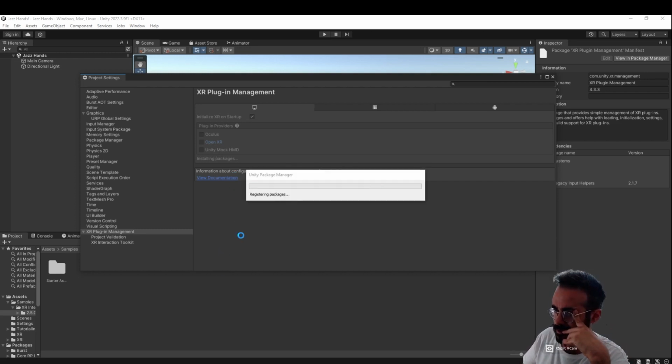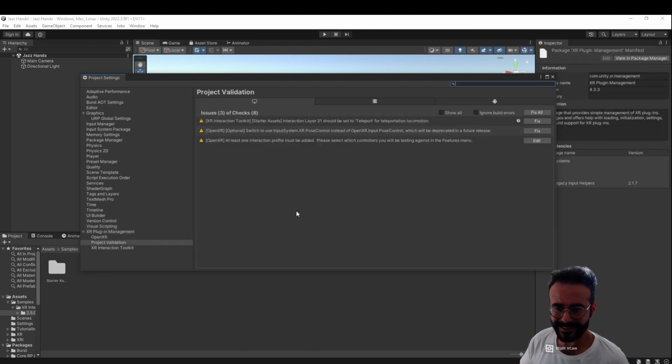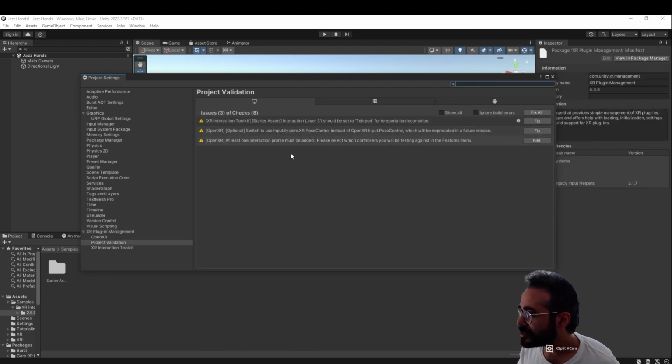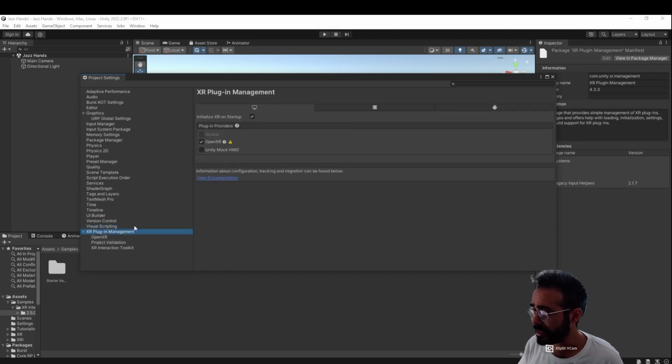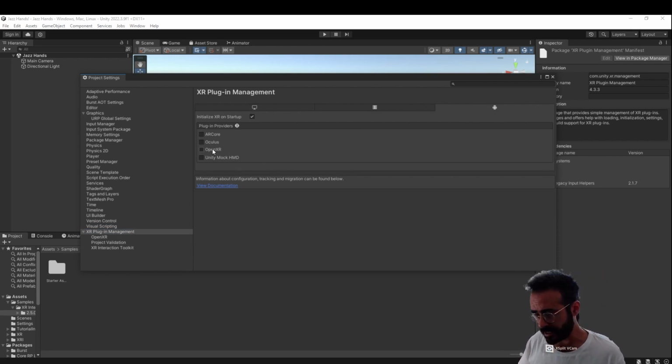Installing packages. There we go. Getting there, we are getting there, and we got there. We got some issues. It says at least one interaction profile must be added. Please say which controllers you will be testing against. Let's do that. But before we do that, let's go here into Android, because we're gonna build Android projects as well,